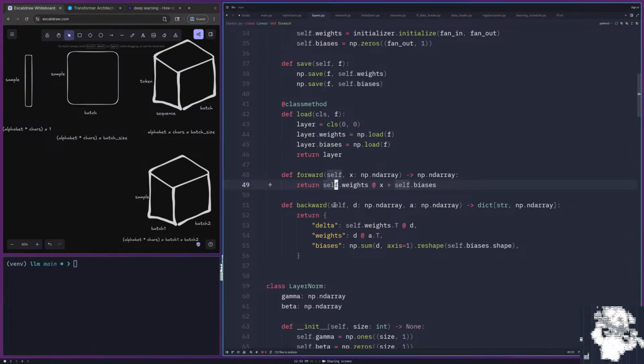So that's the forward pass. The backwards pass, we do delta. So potentially this works also. D is an order 3 tensor. A is an order 3 tensor. So these potentially still work. This one's not going to work because